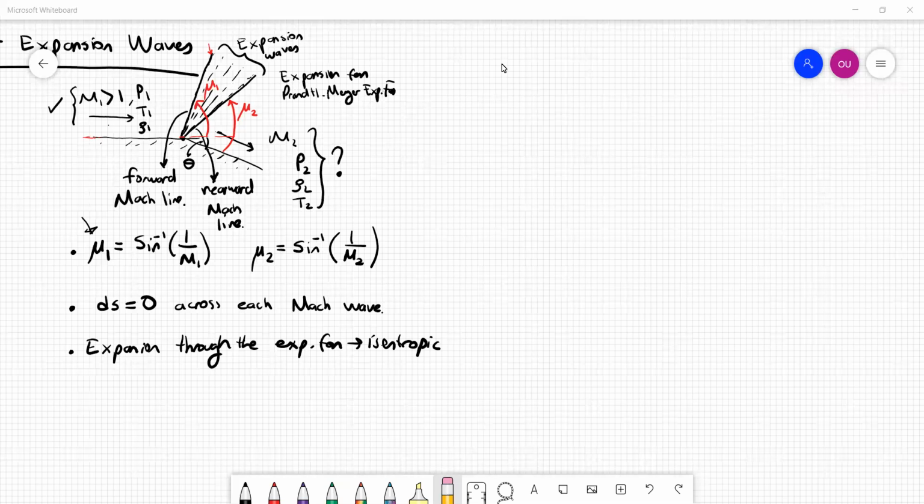Okay, and that physical process, for example, can occur through a corner like this corner here, and when it occurs through this corner, the flow instantaneously has to adjust itself